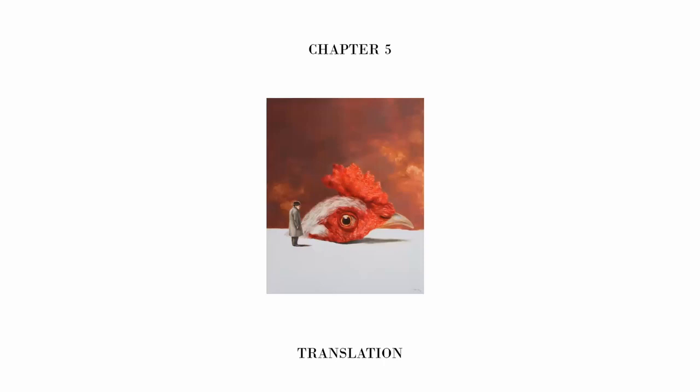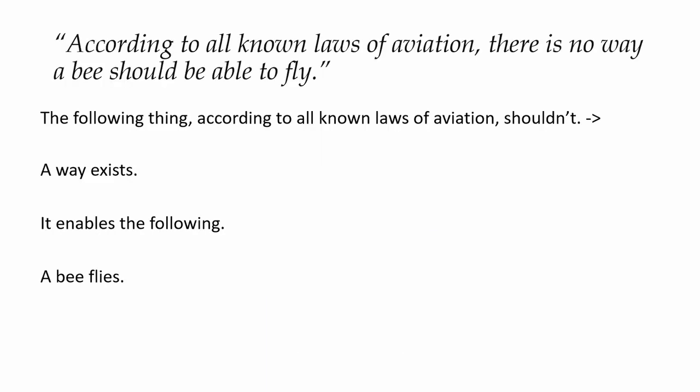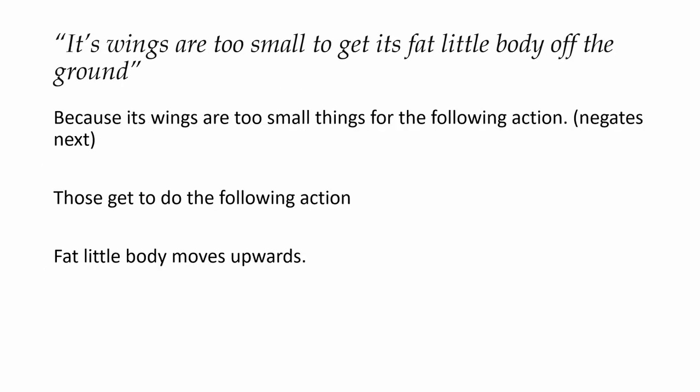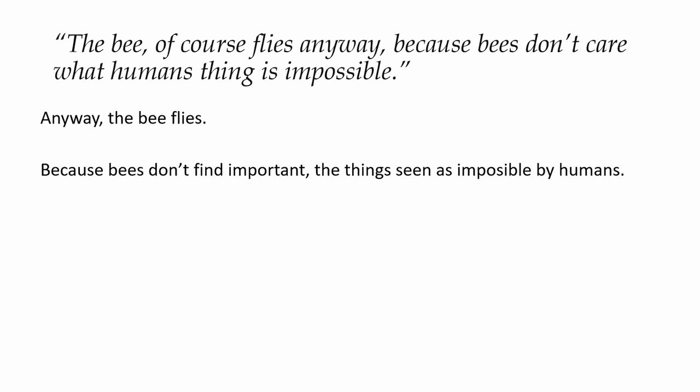I'm gonna translate the example sentence given by our benevolent circus master, Agma Schwa. It consists of 3 sentences. The first one goes, according to all known laws of aviation, there's no way a bee should be able to fly. This sentence is then separated into 4 segments, for a natural translation in the language. The second sentence, its wings are too small to get its fat little body off the ground, is similarly separated into 3. And the last sentence, the bee of course flies anyway because bees don't care what humans think is impossible, into 2. So, let's get started.